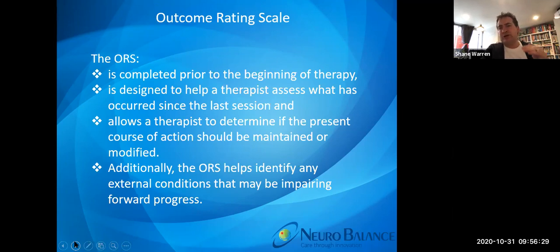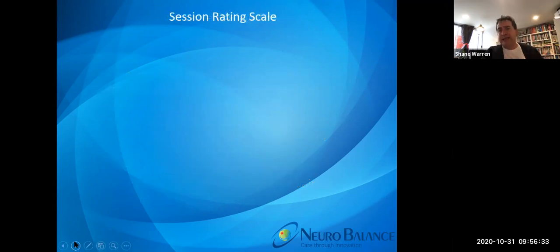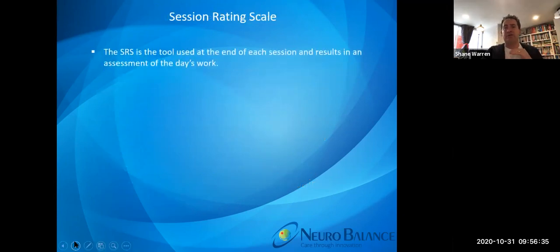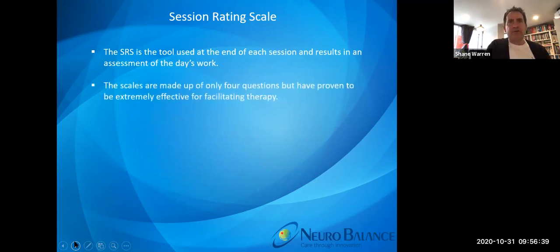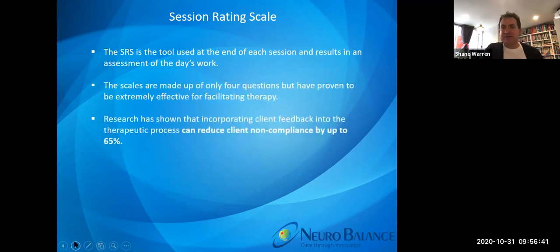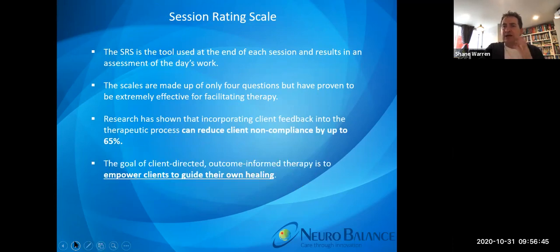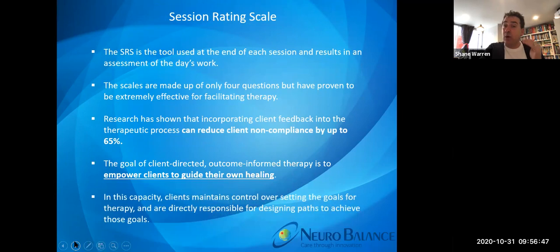We have also included, which you'll see will go in the flow path, at the very end of the journey with the client, the session rating scale. Now, a lot of people often have reservations around this one, because the session rating scale is a tool designed to invite a patient to give us feedback on how well we have done in the session. Are we working well? Is our treatment plan connected with them? Do they have a good relationship with us? Is my communication style and my approach working for you?